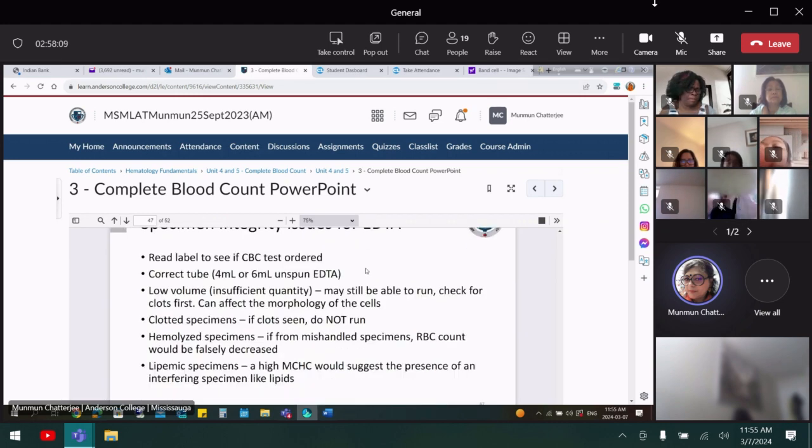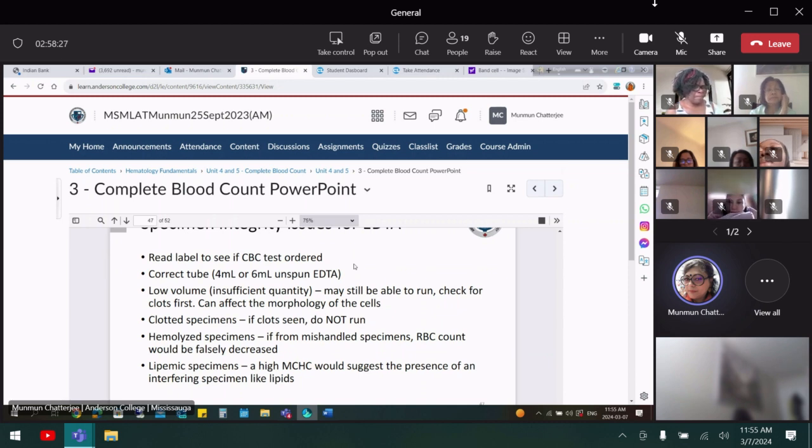Okay. Read the label to see if the test order is the same as the label. CBC should go to the CBC, in the correct tube, 4 ml or 6 ml, unspun EDTA. For the EDTA tube, it's going to be mixed, not spinning. You can get